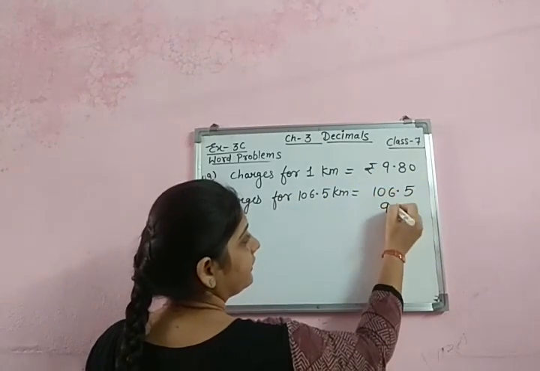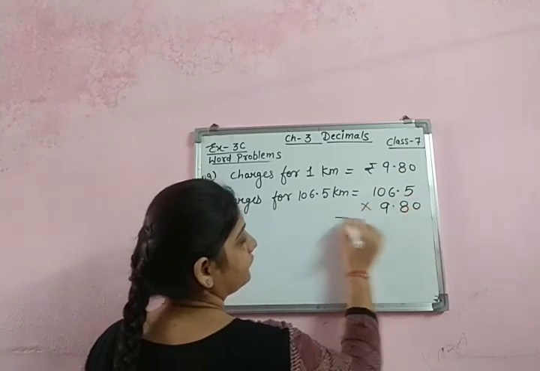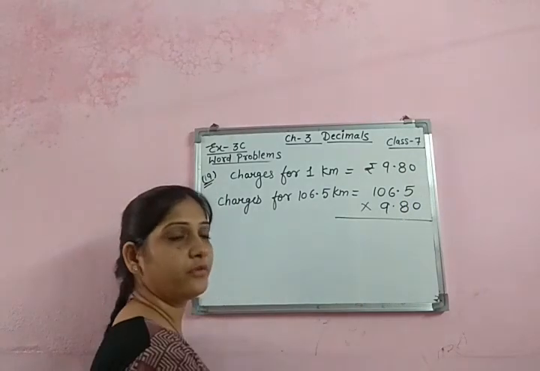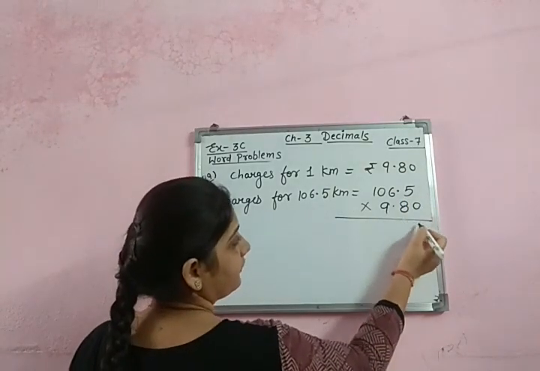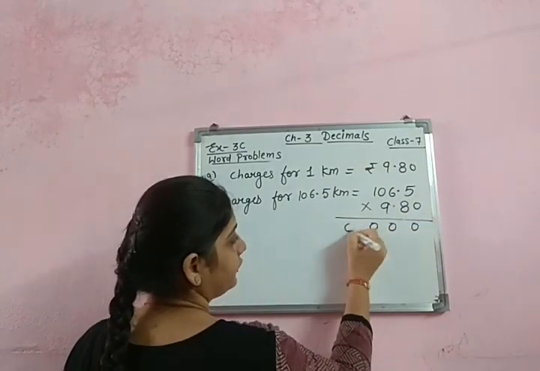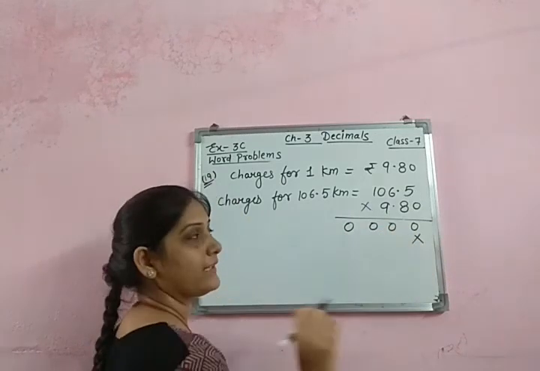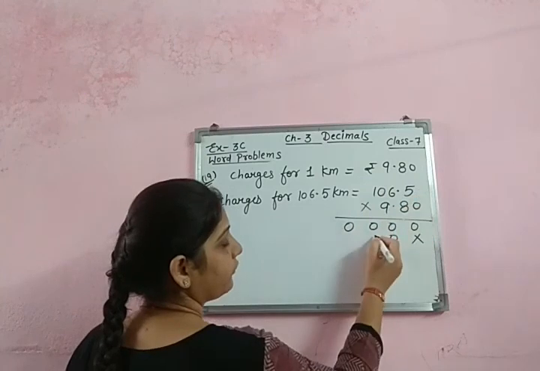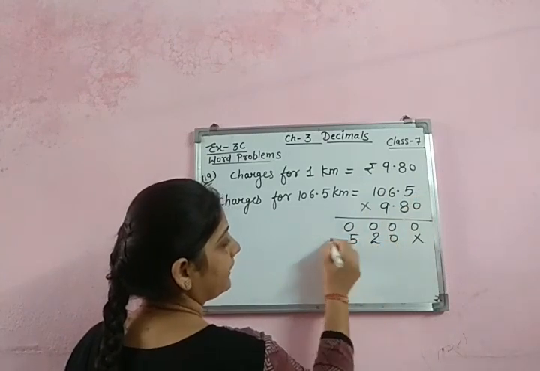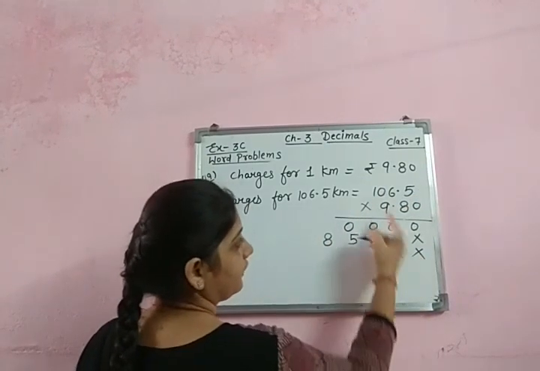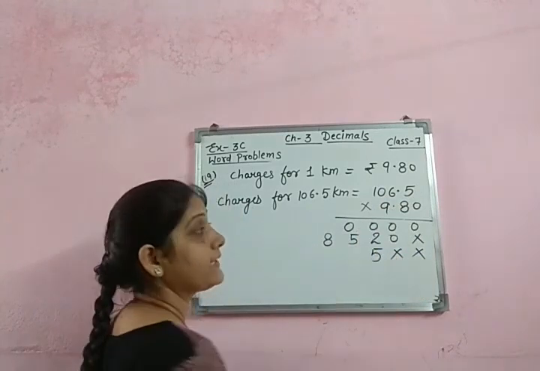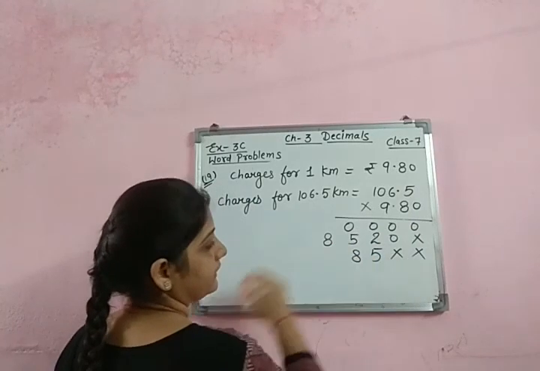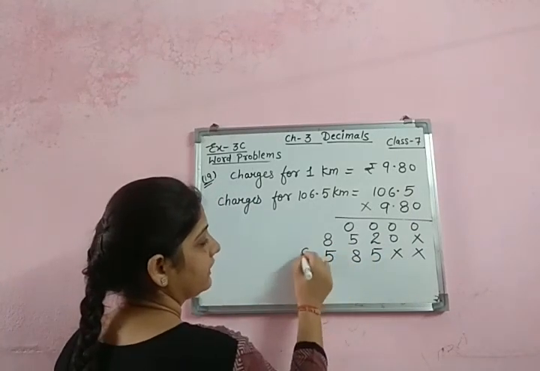106.5 multiply with 9.80. Okay. The same procedure. Let's multiply by 0 if you want. You can. Otherwise avoid. I am doing with 0. When you multiply any number by 0, you will get 0 only. 8 5s are 40. 8 6 are 48 and 4, 52. 8 1 time 8. Now 9 5s are 45. 9 6 are 54 plus 4, 58. 9 1 ja 9.